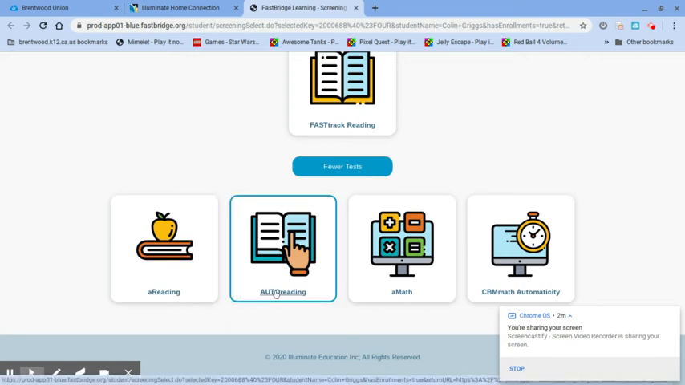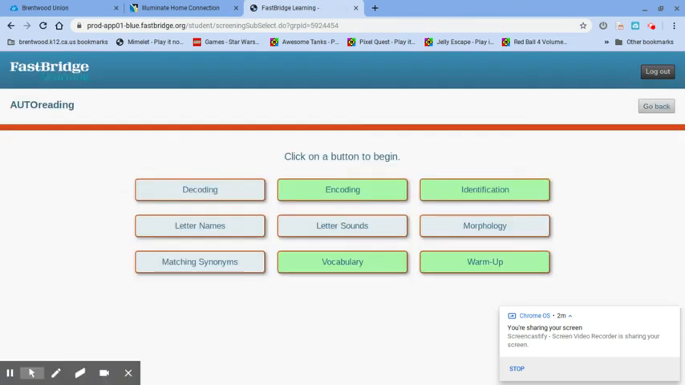I want to share with you what Autoreading looks like first. So when you click on Autoreading, you'll see where it says click on a button to begin. Your child only needs to do the buttons that are in green. So encoding, vocabulary, identification, and warm up. Always start with warm up. So if I click here,